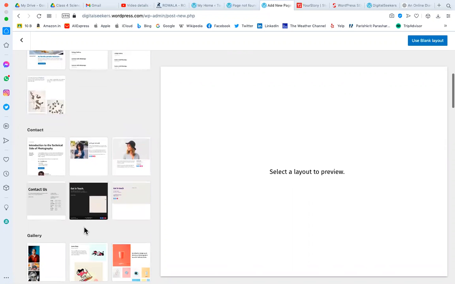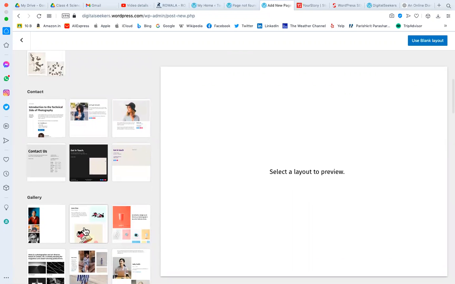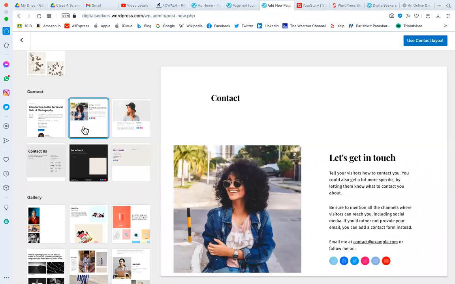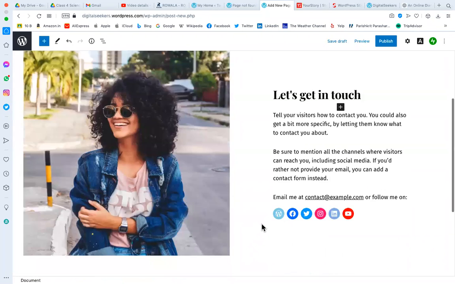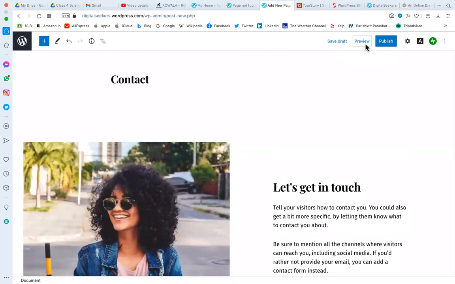I want to create a contact us page, so let's create something like this. I'm using this layout for the contact us page. We can go and edit that.